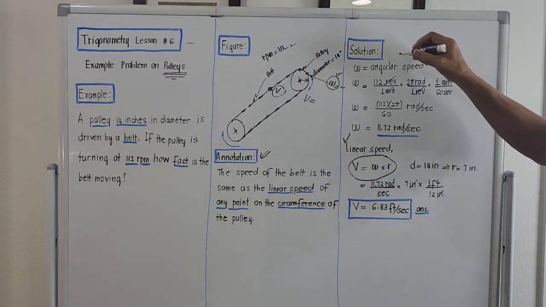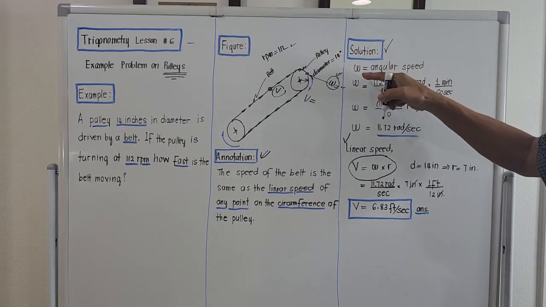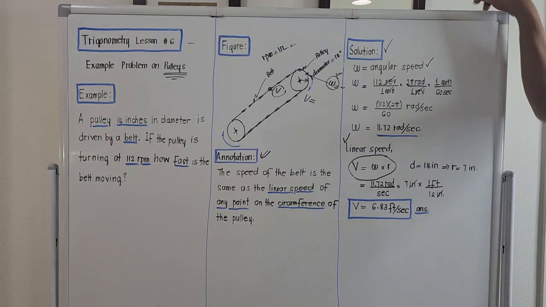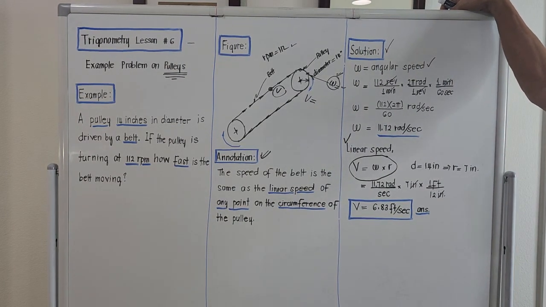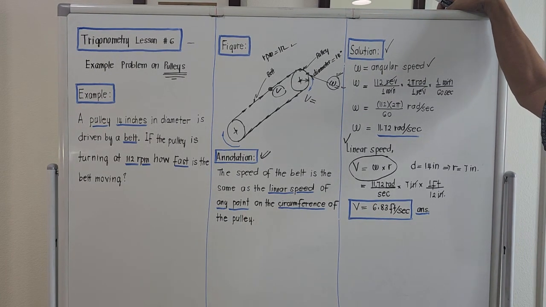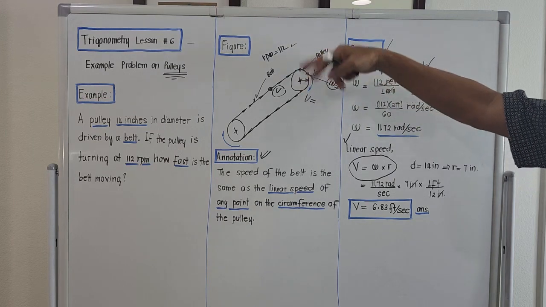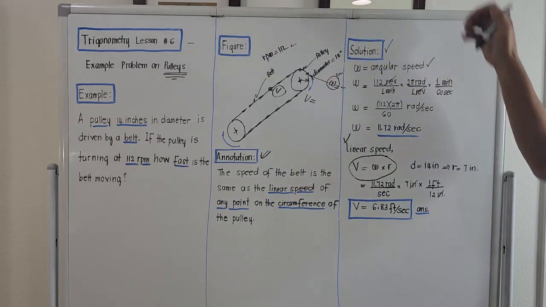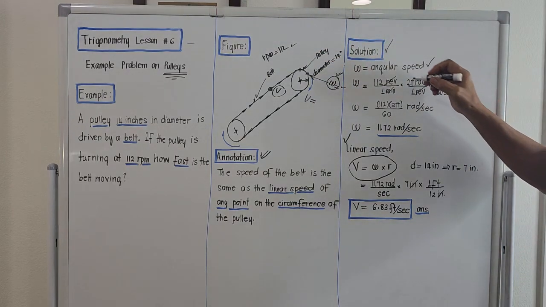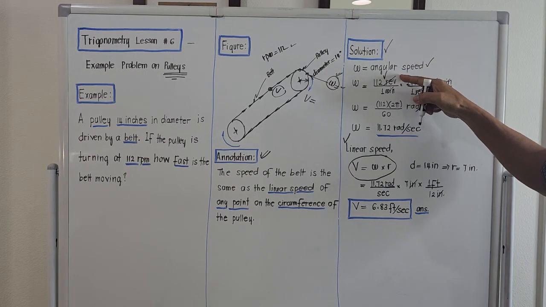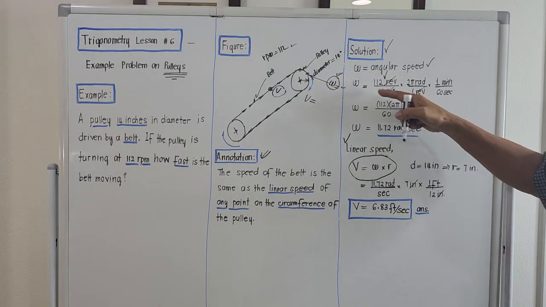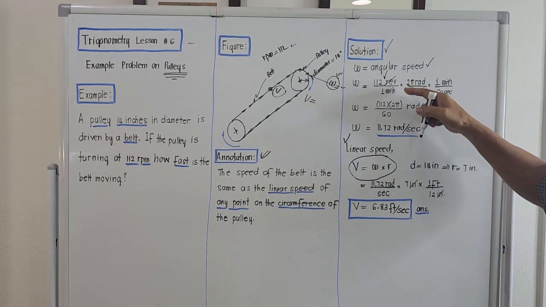Let's try to bring out the solution. Since omega is the angular speed, in all computations omega should be expressed in radians per minute, radians per second, or radians per hour. Since the angular speed is not so much, we'll bring out angular speed in terms of per second. So this would be 112 revolutions per 1 minute. RPM is revolutions per minute, or 112 revolutions per 1 minute, times